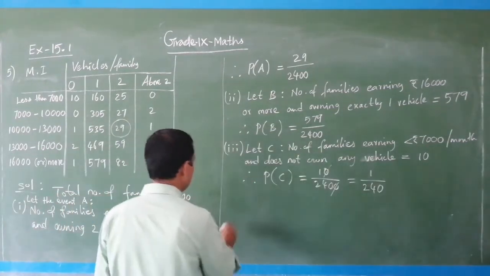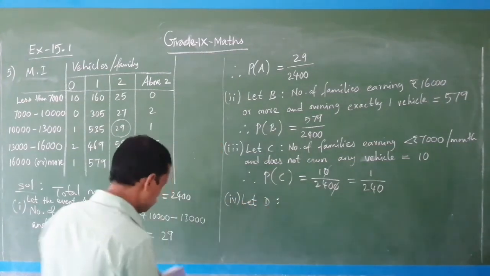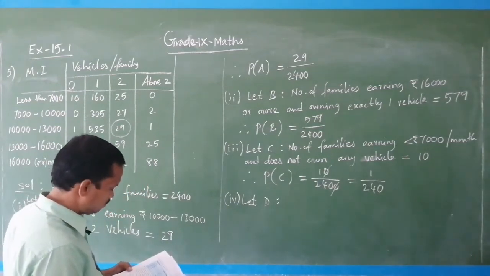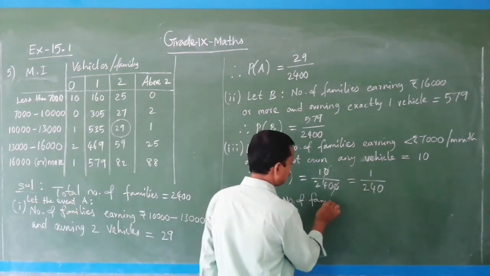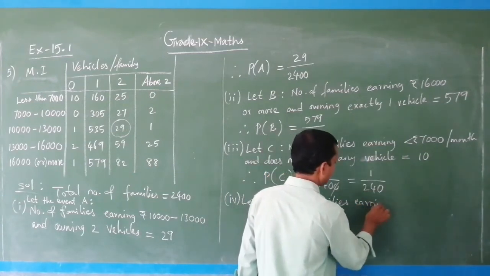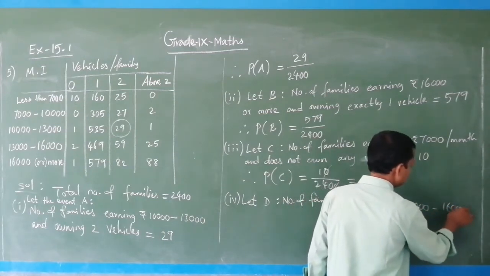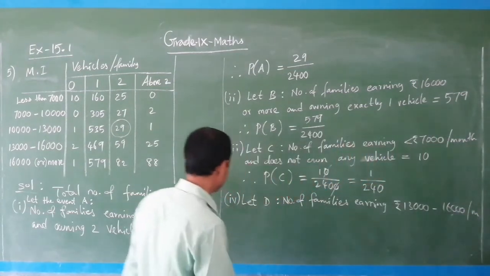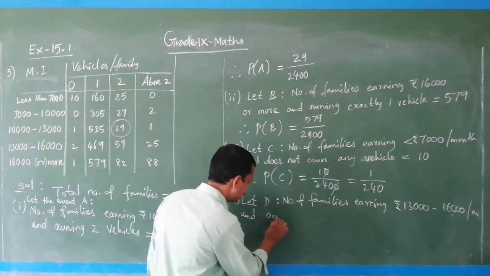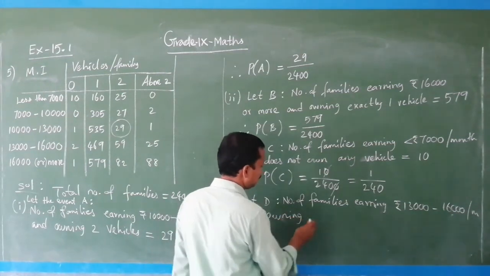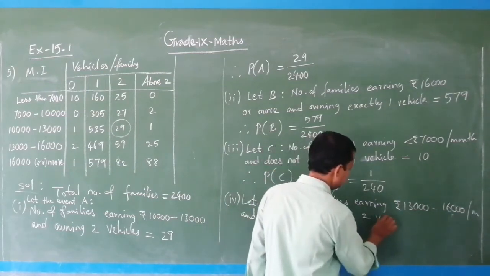And coming to the next one, option 4. So let the event be D. Okay, and it is given that the number of families earning rupees 13,000 to 16,000 per month, and owning more than 2 vehicles,